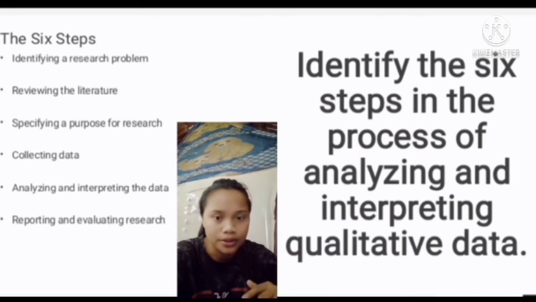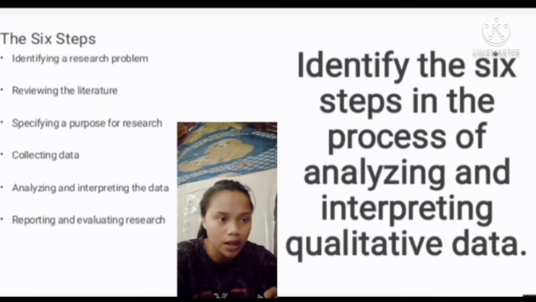When we identify a research problem, we begin a research study by identifying a topic to study, typically an issue or problem in education that needs to be resolved. Identifying a research problem consists of specifying an issue to study, developing a justification for studying it, and suggesting the importance of the study for the select audience that will read the report.